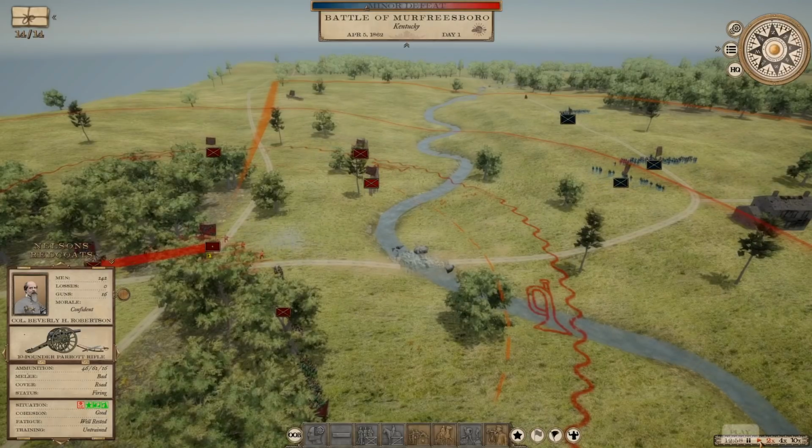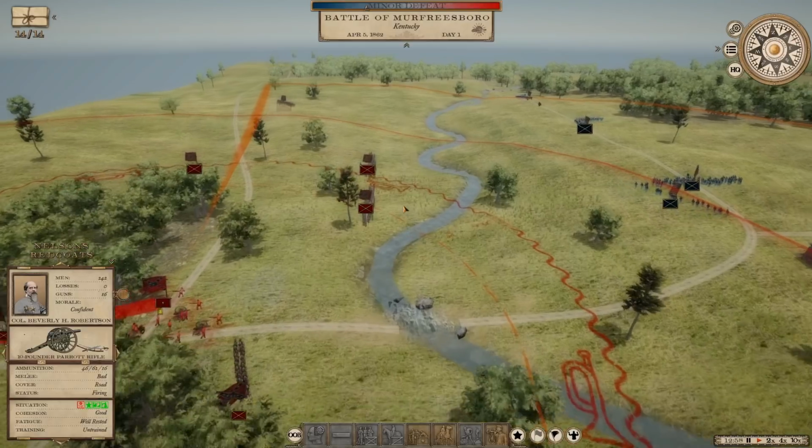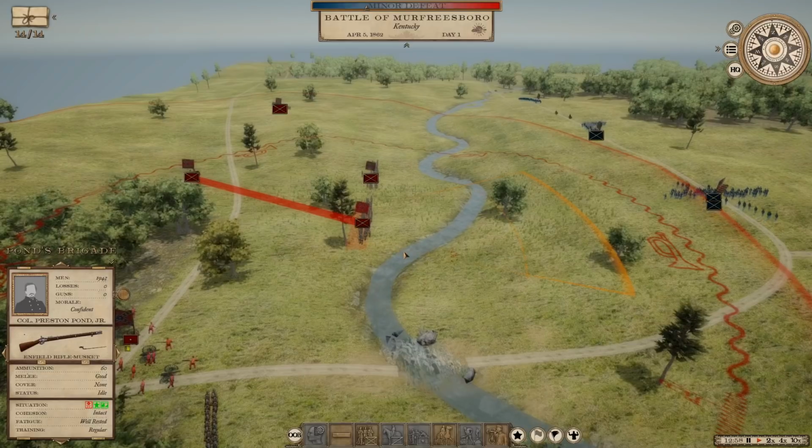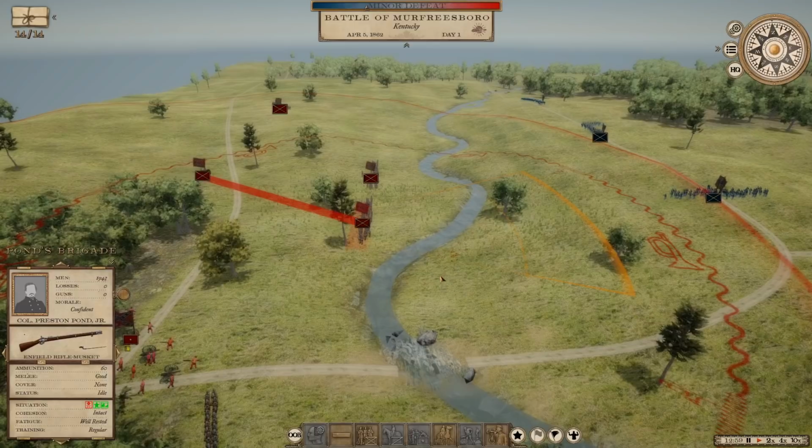So I've gone ahead and moved some of my forces up to the edge because I want to hit them if they try to cross the water. But not too far before. It looks like they may be waiting until more forces come up. Let's go ahead and give ourselves